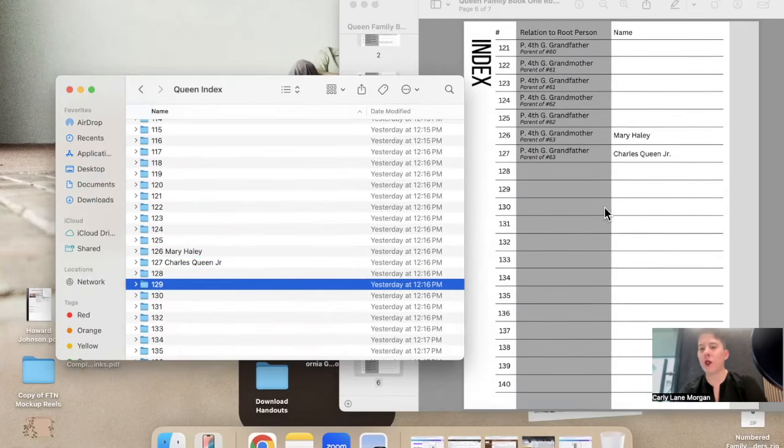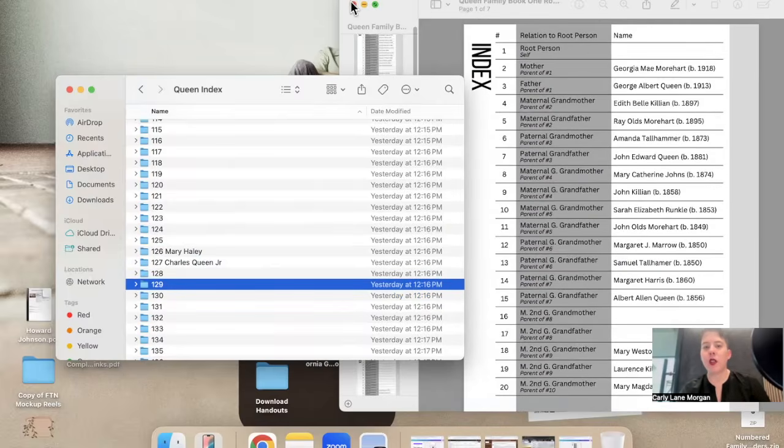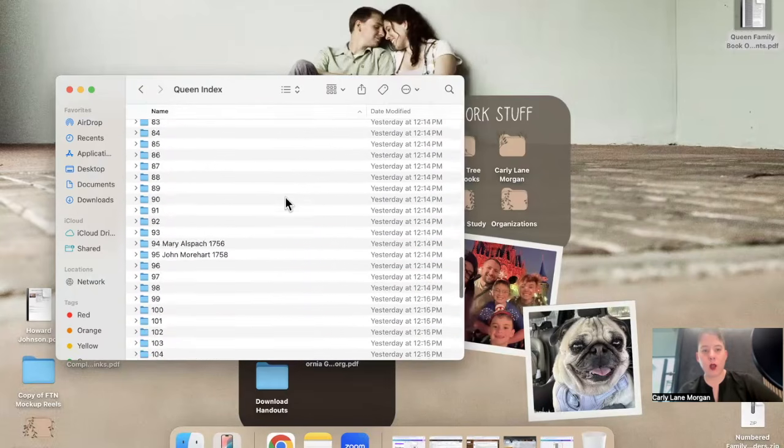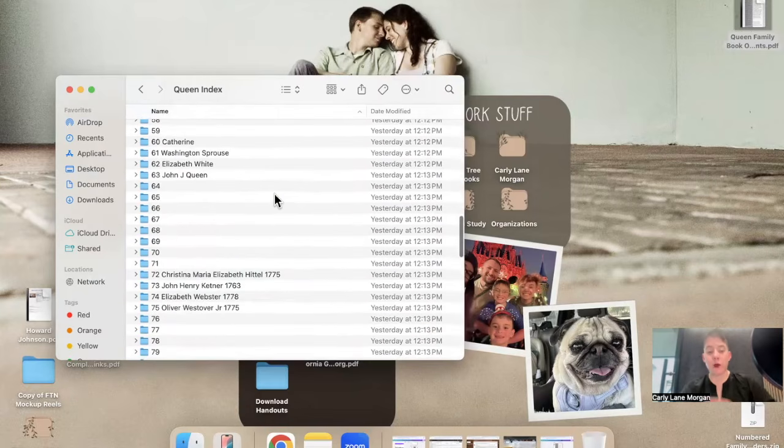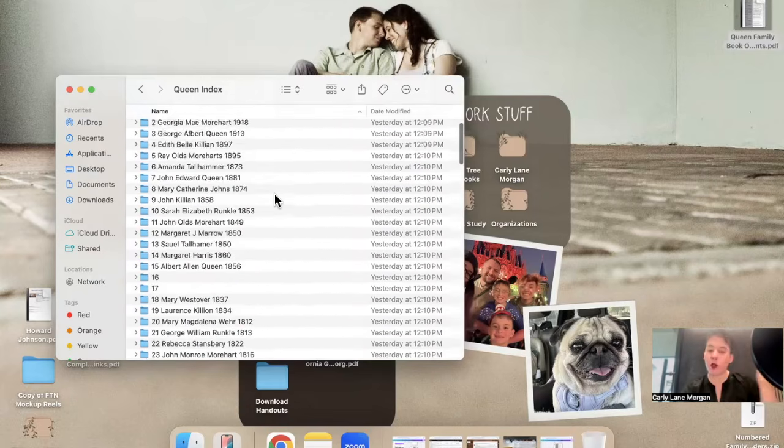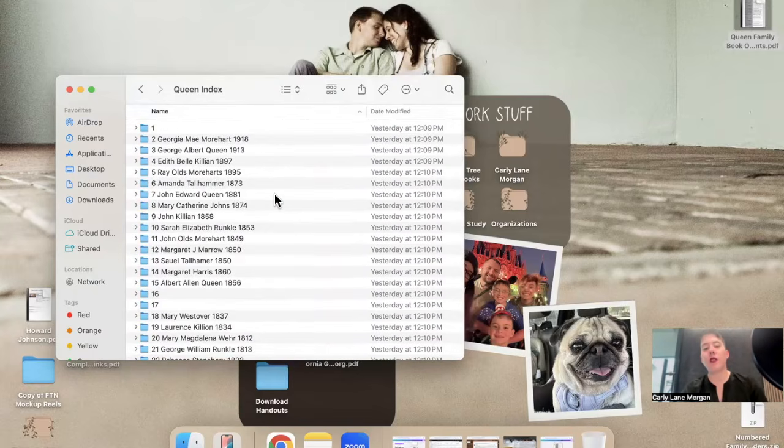Okay, so that's the end of the index. And you can see as we went on, there were more and more numbers that I had to skip because I don't know those people. However, it's important for me to have them in my folder because those people are people that I'm hoping to find in the future. And in the meantime, everybody that I have that is in the index now has their